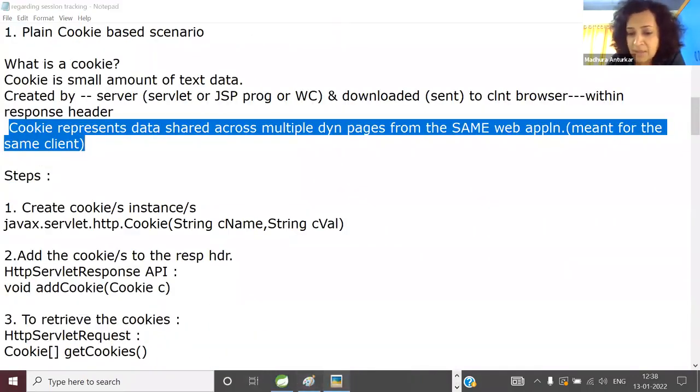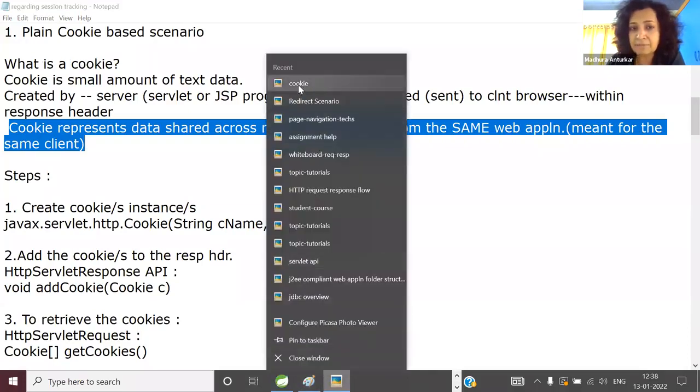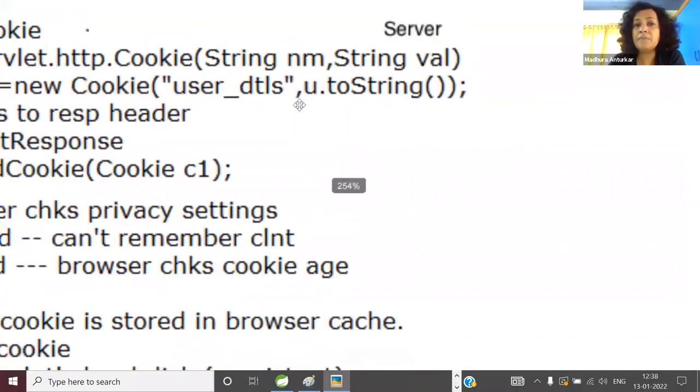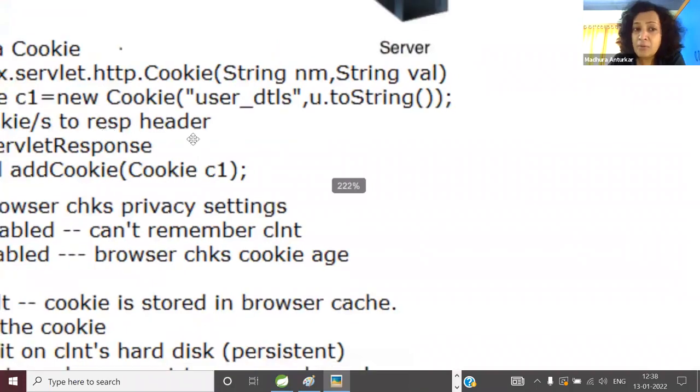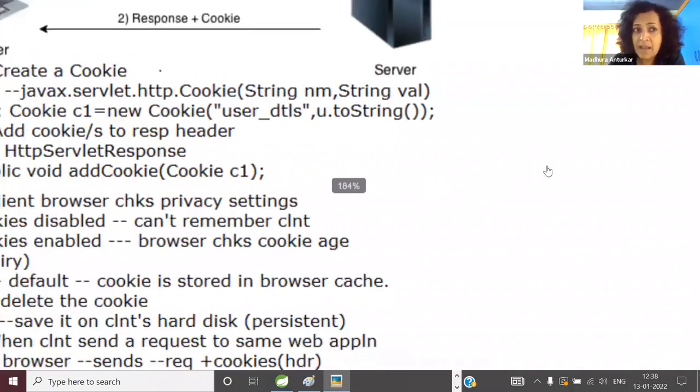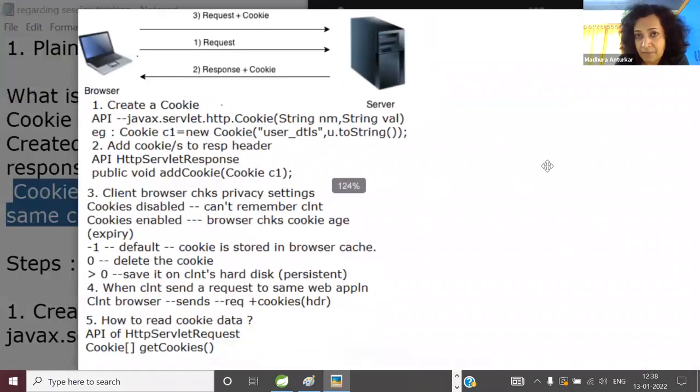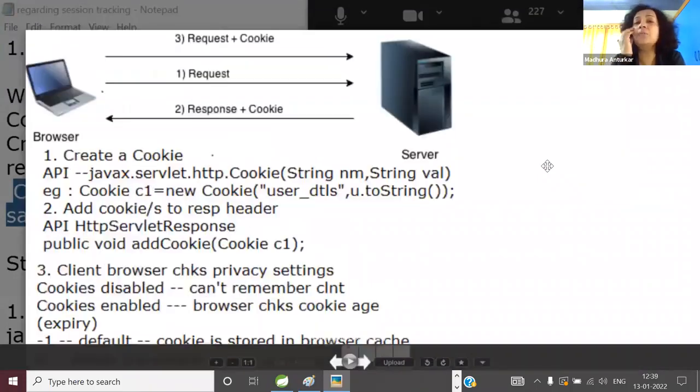I'll explain those steps with a diagram. Okay. So what is the first step? Your form has been submitted and the login is successful. Let me ask you, in which case would you like to create a cookie? In the successful login branch or the failed login branch? Of course, successful login. Failed login is simple, retry and story over. So how do you create a cookie? Using the Servlet API, of course. There is a Cookie class,